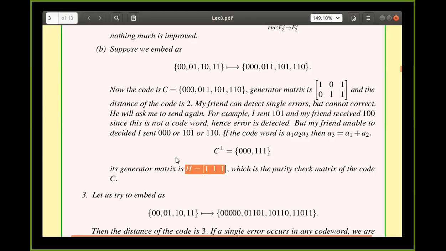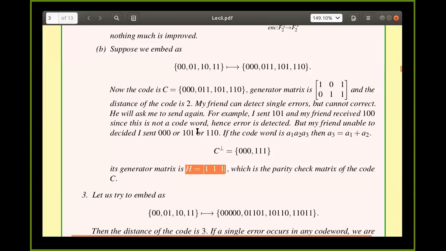It is a map from F2^k to F2^3, right? What is the k value? 1. Very good, 1, because 0 maps to 0, 0, 0 and 1 maps to 1, 1, 1. It is like that. Okay. But actually it is a subspace. Forget about that.